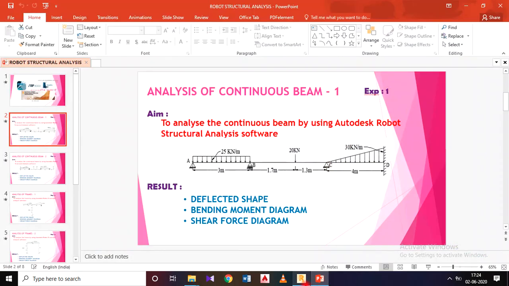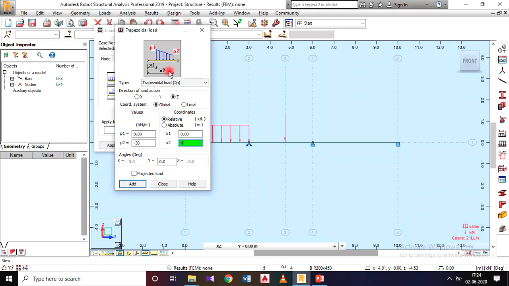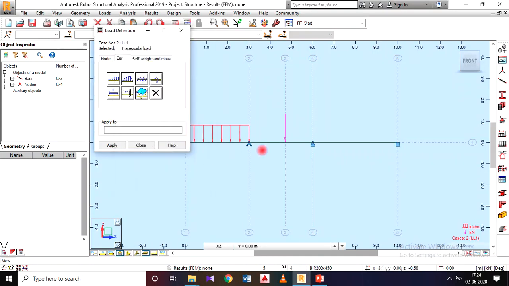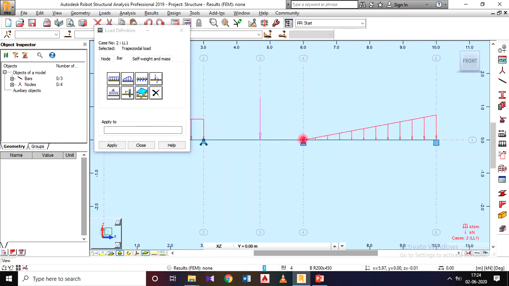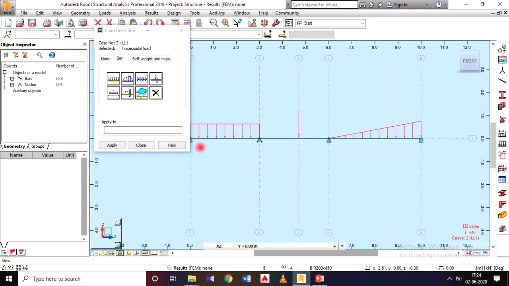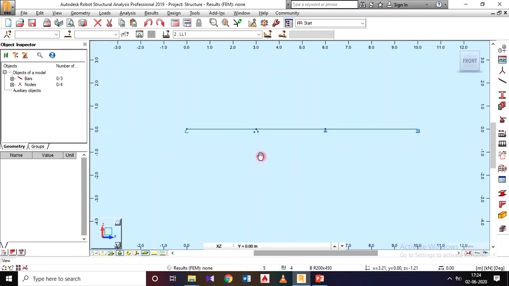That length is 4 meter, so I will specify x2 as 4 meter, and it should be in meters, absolute value, and consider the coordinate system as local, add it, then select this member to apply that load. So it is applied now, starting from 0, and the maximum intensity is minus 30, which is going in the downward direction. After application of that load, I will close this, okay.